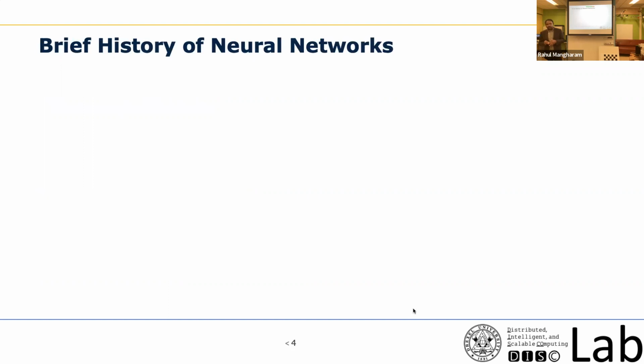I also want to start with a brief history of neural networks, because when I go and start talking about spiking neural networks, many of the comments I heard are that these are very new type of machine learning models. We don't know so much. We only talk about deep learning and all. But if we look at the history, I will show you that the roots of spiking neural networks were formed almost exactly at the same time when normal neural networks or artificial neural networks came in.